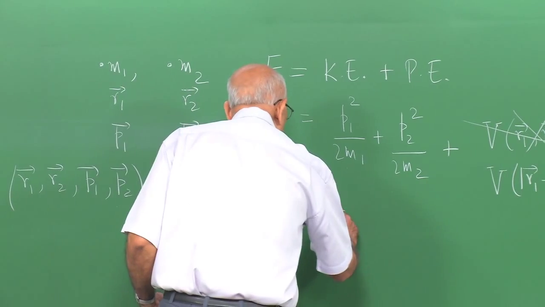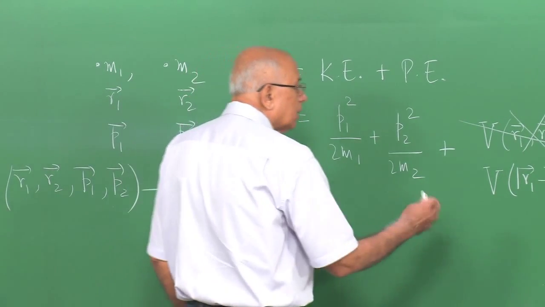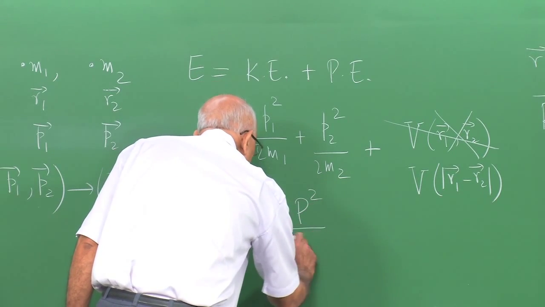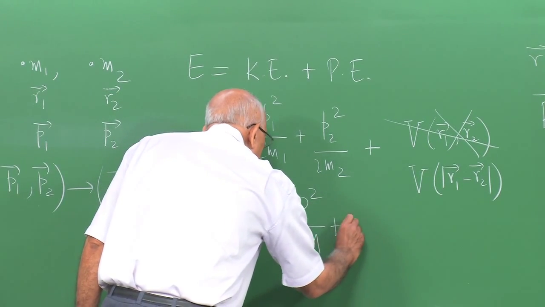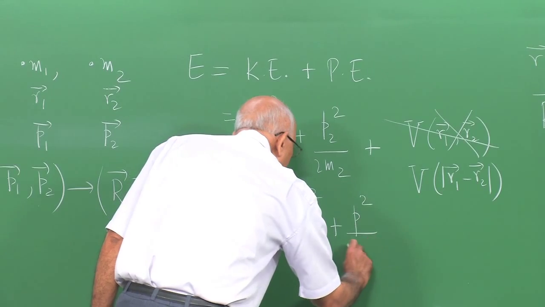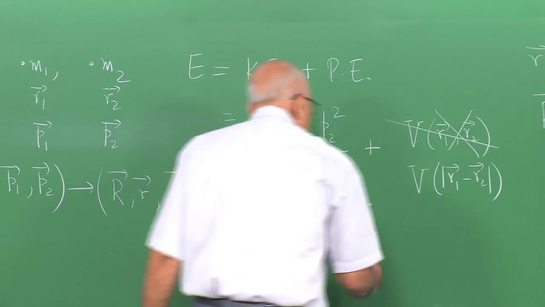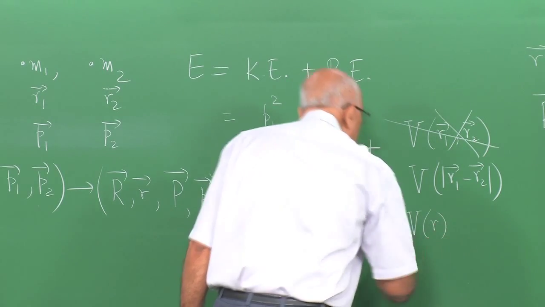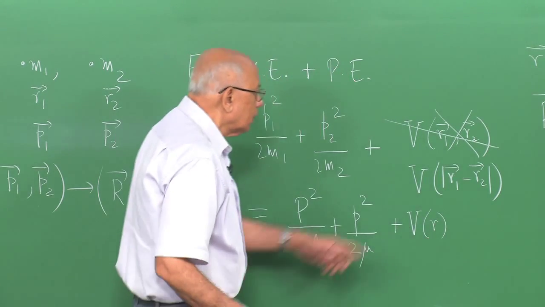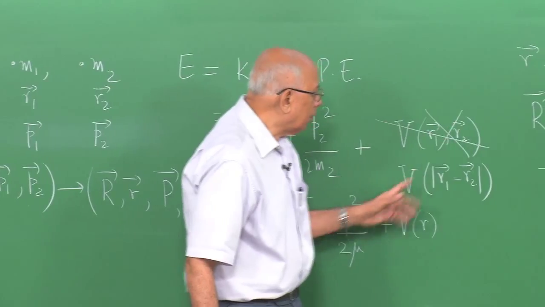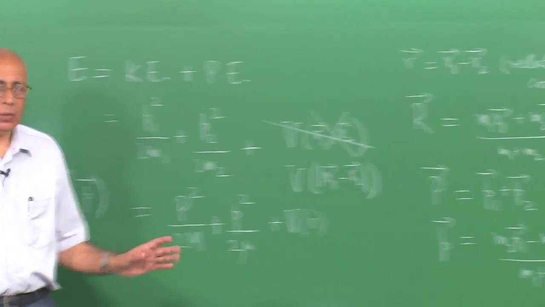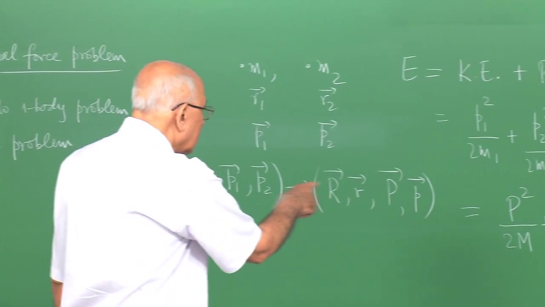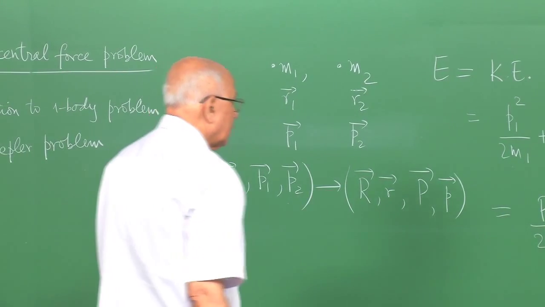This becomes equal to, and this is a piece of algebra which is easily carried out, it becomes equal to capital P squared over twice M plus little p squared over twice mu, and I explain what mu is in a minute, plus V of little r, because now this vector is little r and its magnitude is little r without an arrow up there. So this total energy reduces to this expression here,